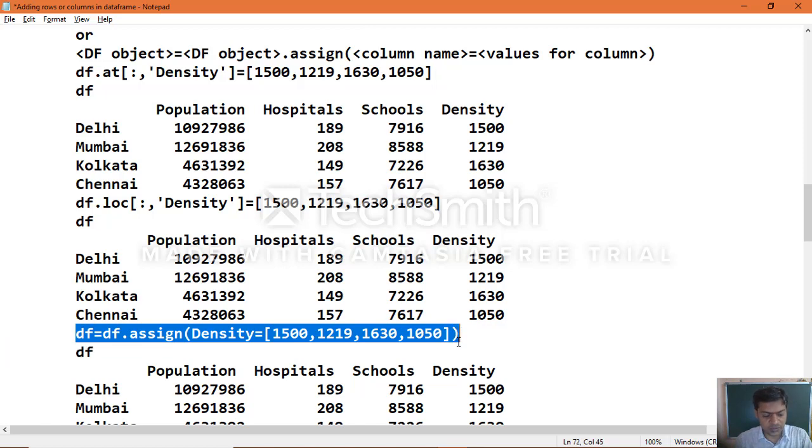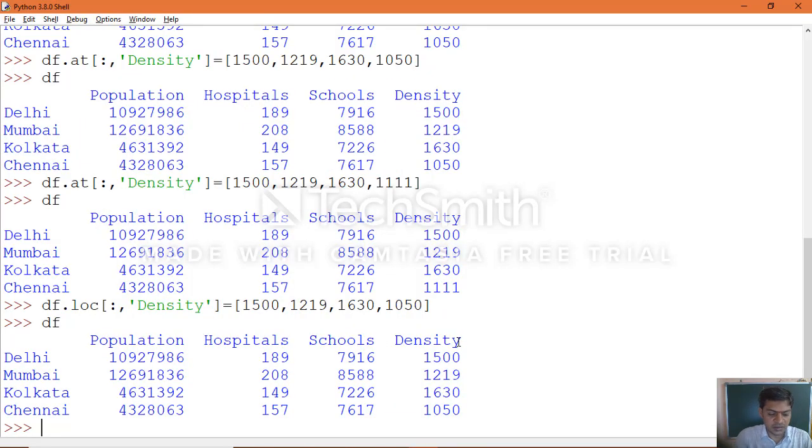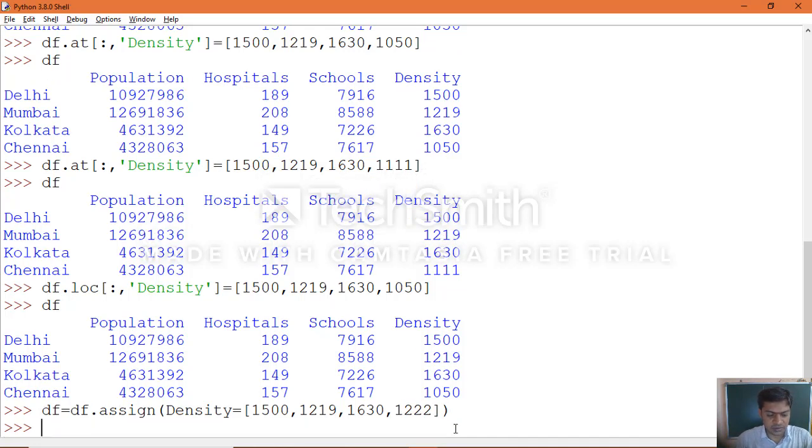The syntax is: data frame object equal to data frame object dot assign of column name equal to values of column. Here again, if you want to change it, yes, you can. Then you will see the difference once it executes.